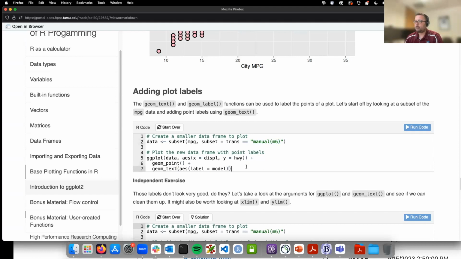And then again, setting up the object, doing the scatter plot. It's inheriting everything from aesthetics and the data. And then for geom_text, we're adding in another aesthetics call. And we're saying we want our label to equal the model. It knows it's going to inherit data from the ggplot object, so it knows to look there for the label. So if we run this,